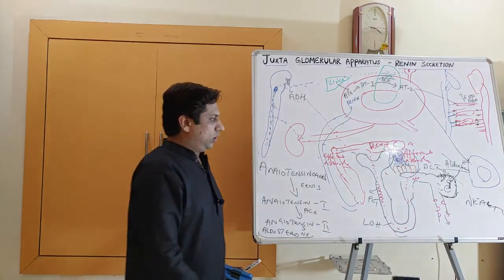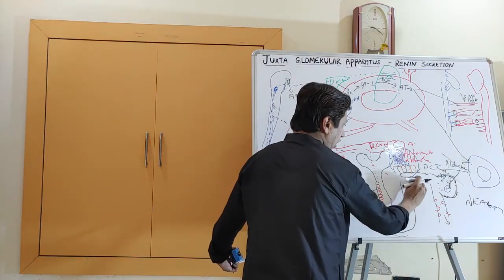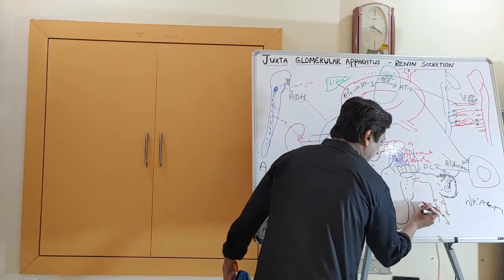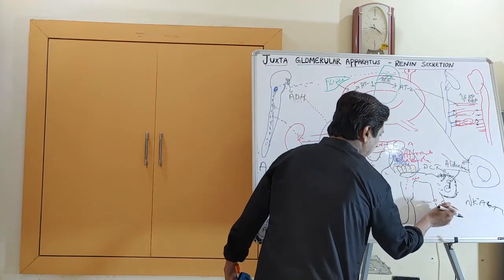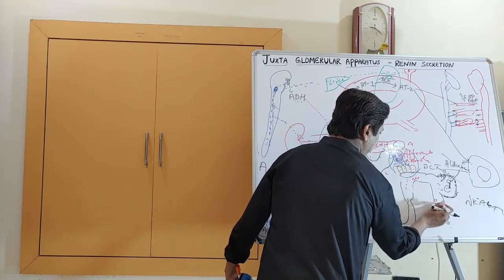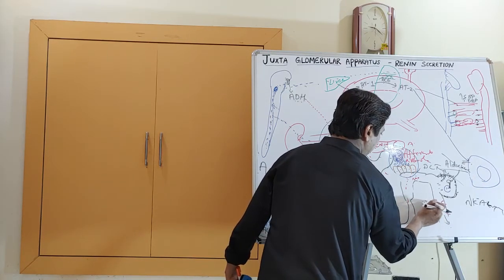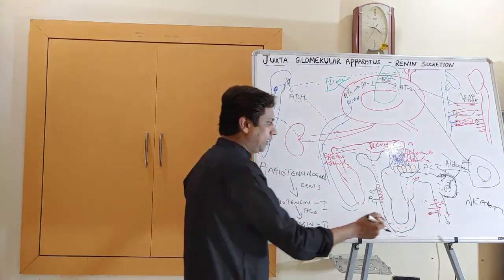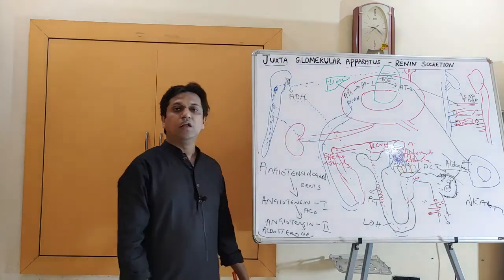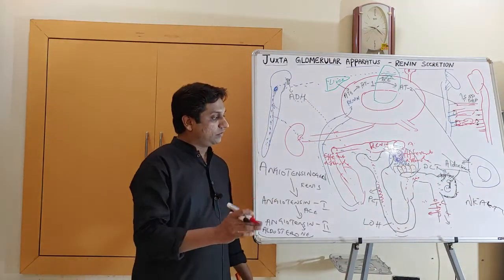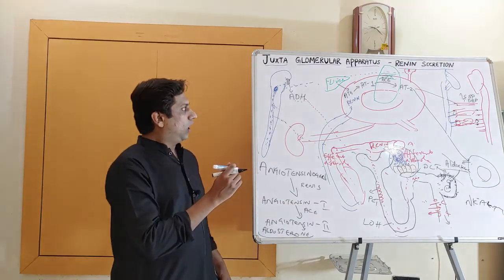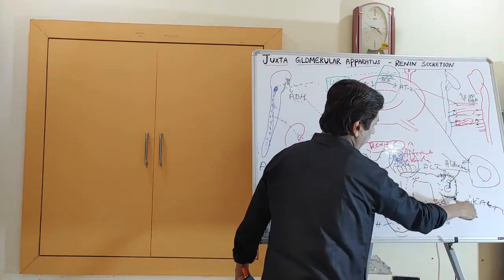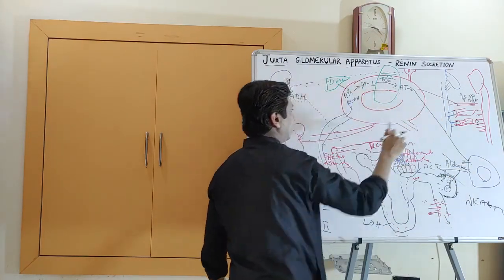Here this nephron, this lower tubular part, will be in the medullary interstitium. Here the osmolarity will be more and here the osmolarity is less. Because of the less osmolarity in the tubule and more osmolarity in the interstitium, water will enter the medullary interstitium from the tubules and less urine is excreted. So again there is retention of water by the kidney. So angiotensin 2 stimulates ADH, stimulates the secretion of aldosterone and also has a direct effect on vasoconstriction.